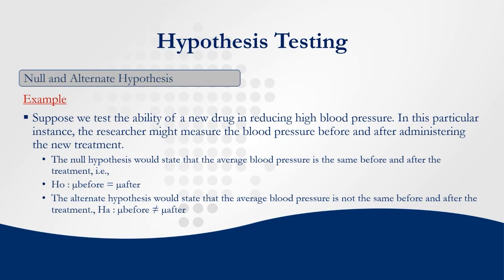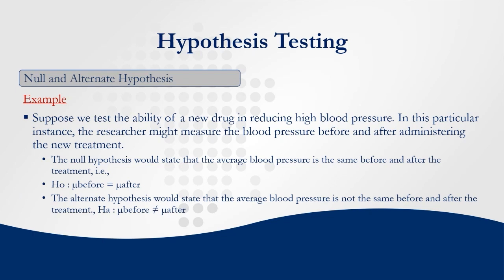So then you can measure the blood pressure before. So the hypothesis will also depend on the test that is appropriate for what you want to do. So you can see here, even though we are talking about an average, the mean, in the context of what we want to show here, the null hypothesis now talks about